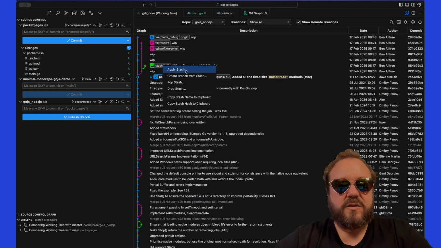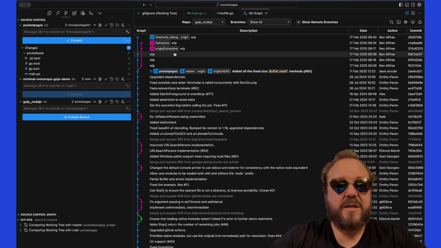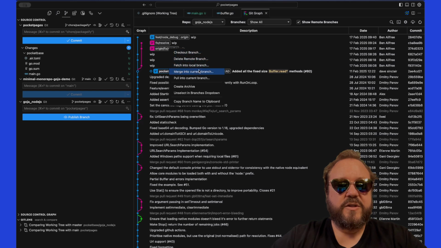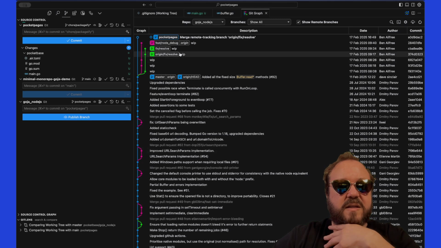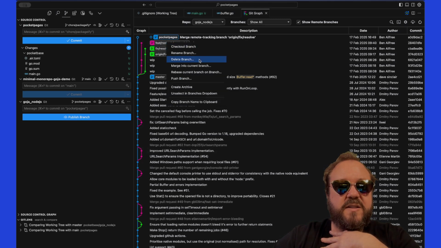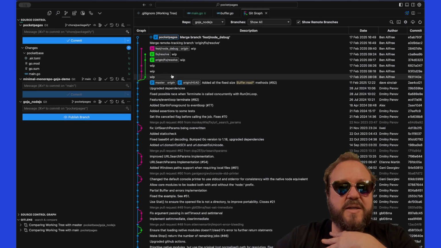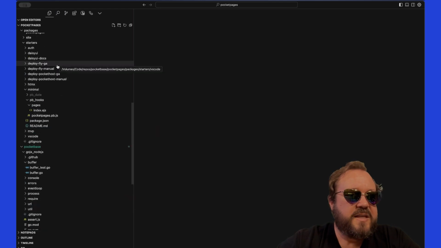So what I want to do here, we can drop this stash. We don't need it anymore. I've got PocketPages here. I want to merge the resolve work in progress into PocketPages, and we'll squash those commits. And then I want to merge the node debug into PocketPages, and we'll also squash those commits. Cool. And then I want to go into resolve and just temporarily